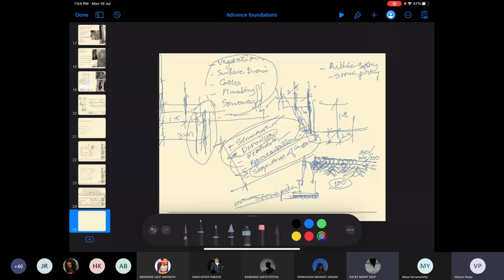Anyone, at least some attempt? Doesn't the concrete go into the gaps of the stone and then solidify as a monolithic? No, you're talking about this at the plinth, because above the plinth there is also a PCC layer, but this is 230 or 300 or 350. This is 100 only, or in some cases you specify it as 150.